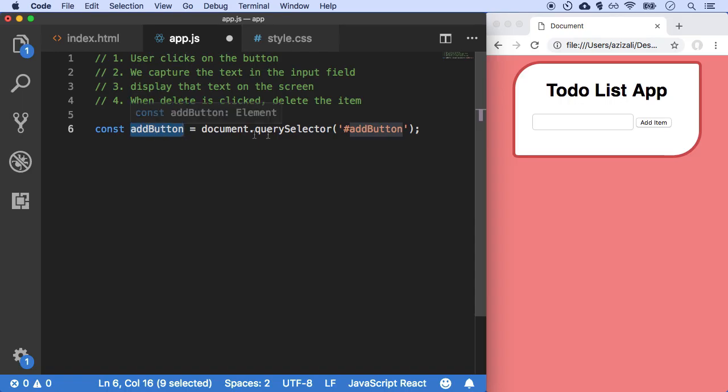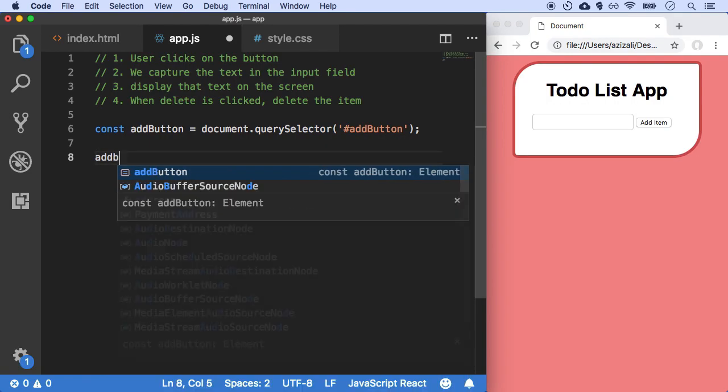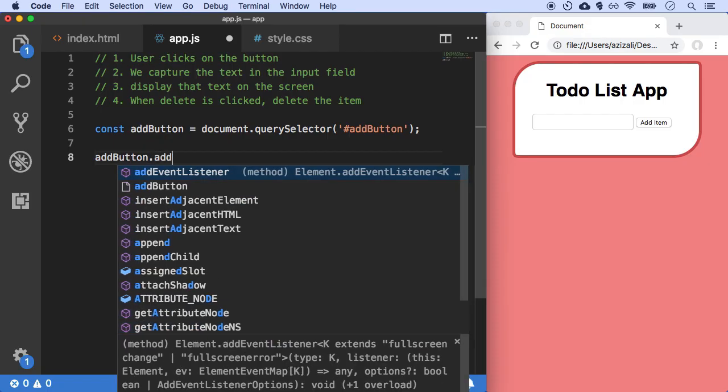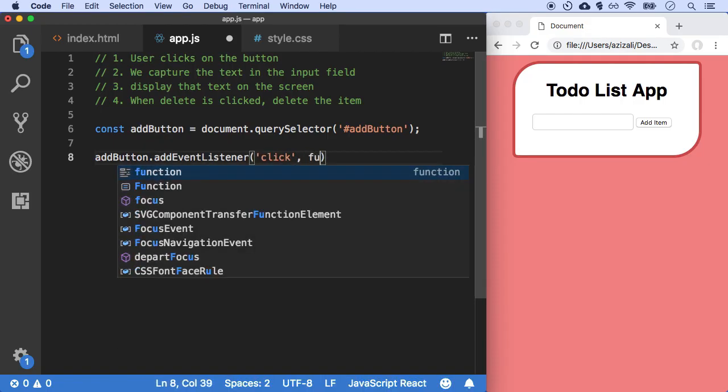Now this is a variable name, this is just a string. So these are separate. Of course, the names are the same, because that's ease of programming and naming. So that's what I'm doing. The next thing we want to do is add an event listener to that. So I'm going to say add button dot add event listener, and on click, I want to run a function,